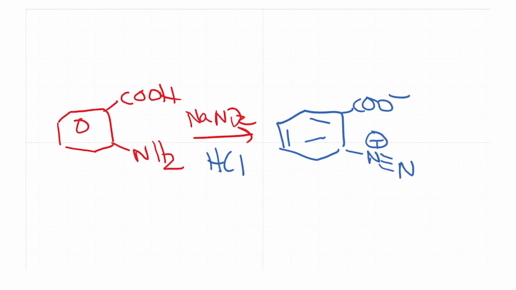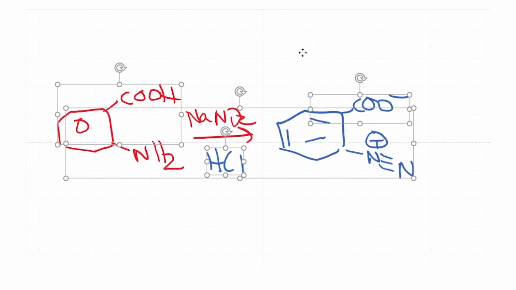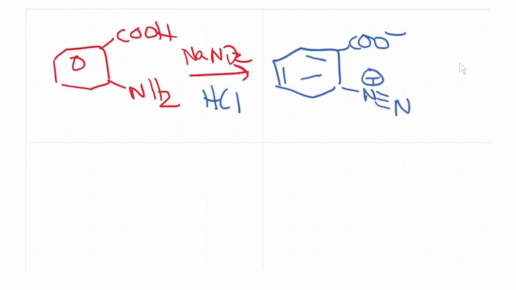Okay, so if you generate this under the appropriate conditions, then what you could do is that you could then add base, OH minus, and